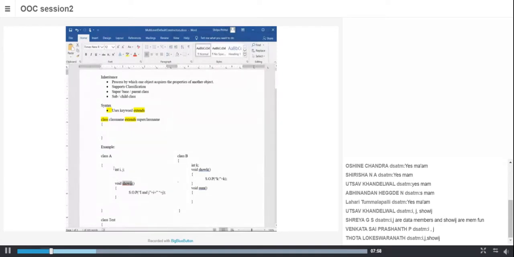By default, all the members are public. So I is a data member, J is a data member, show is a member function, and within this function, I am just printing the value of I and J. Is this a constructor, show IJ, or is it a normal member function?